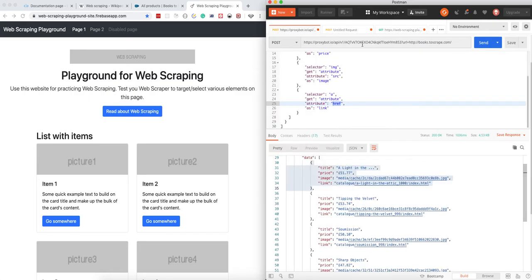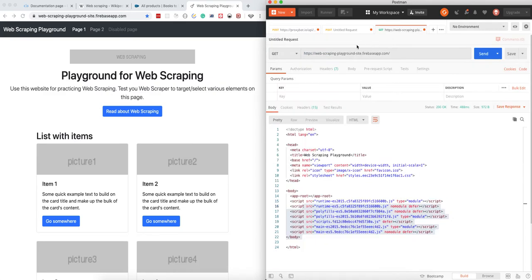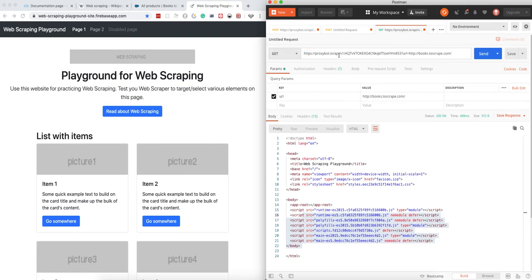you can also use this proxy bot. The basic problem is that you need to have a browser. For example, when you're opening this website in your browser, there's a browser environment that will actually execute this JavaScript and render the content, and here on the server you don't have it. So that's why we need to simulate this browser environment, and the proxy bot also allows you to do